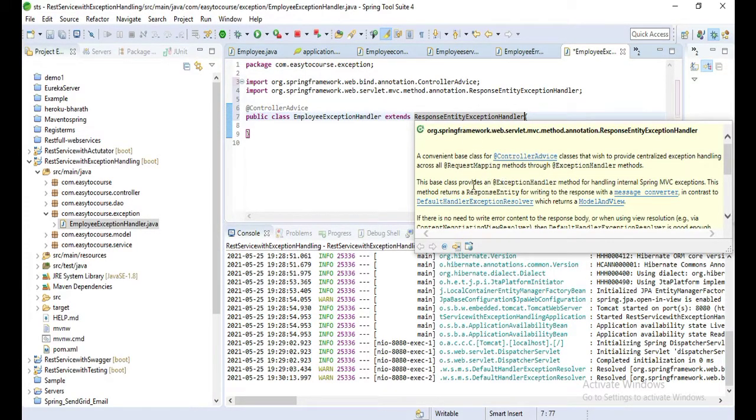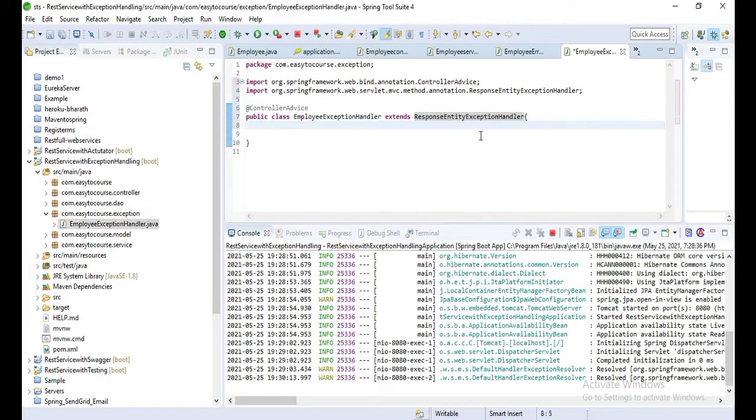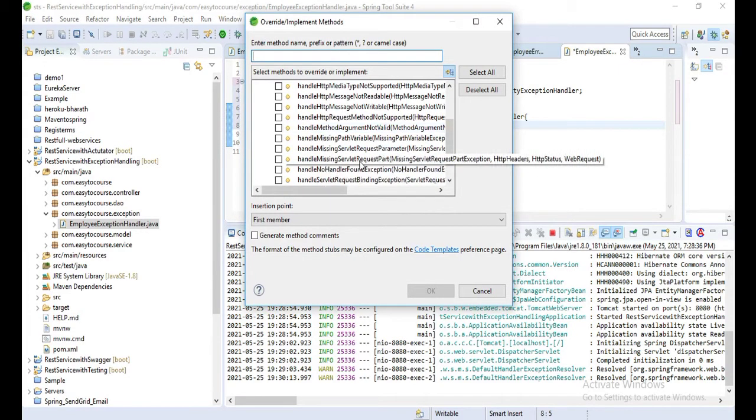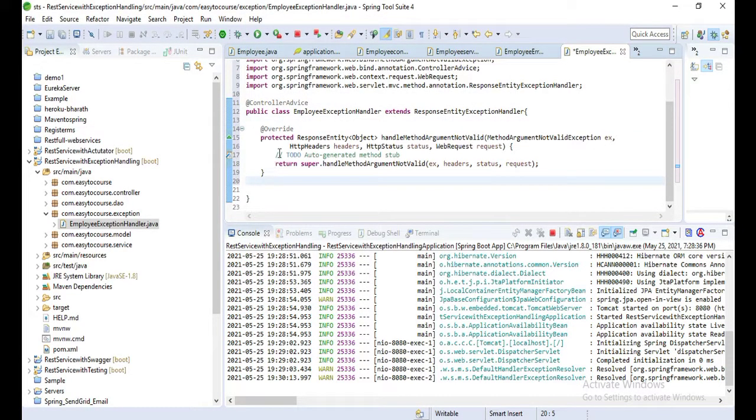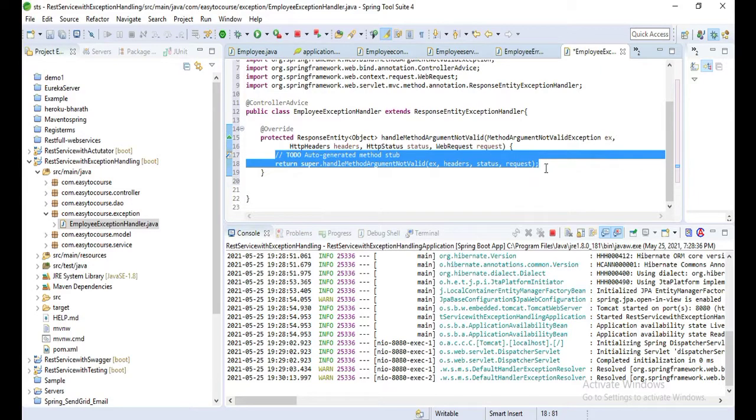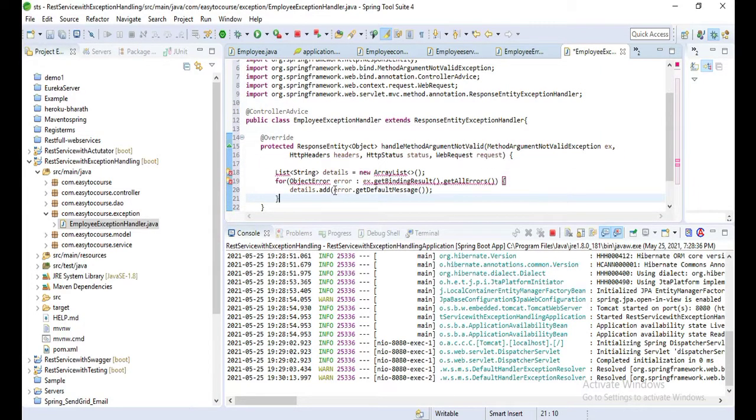Okay, now we'll override one method in the response entity exception handler, which is handleMethodArgumentNotValid. This method will override and will implement our own custom error response. So let me add that error